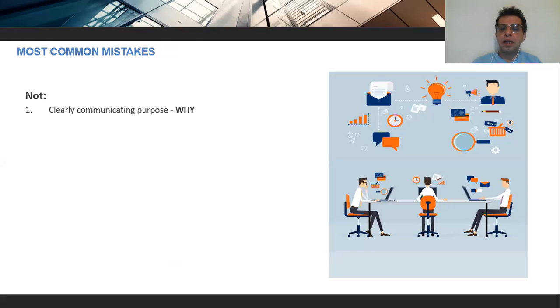Now, the other side is the common mistakes when you are looking to select or evaluate your current application. One is that the employees are not clearly told why we are doing that, and they don't see the reason, and they're not putting much effort into it. The second thing is knowing what really is needed.